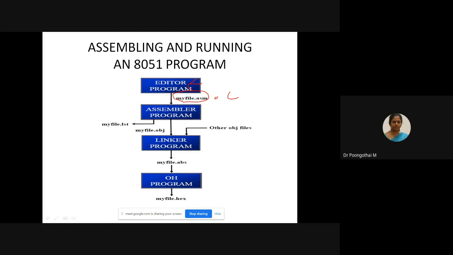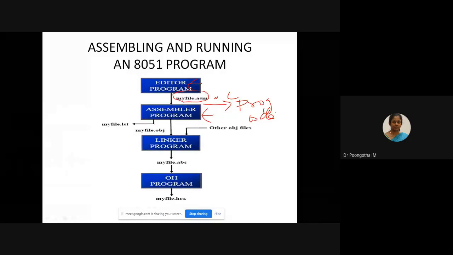So the ASM source file containing your program code is given to the assembler. This is step number 2. So the assembler converts the instructions into machine codes.